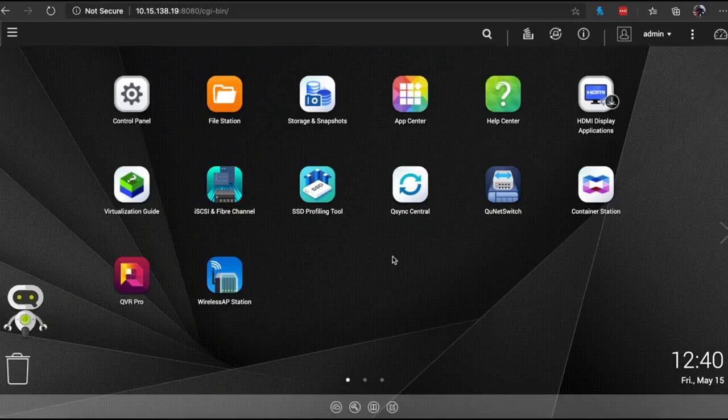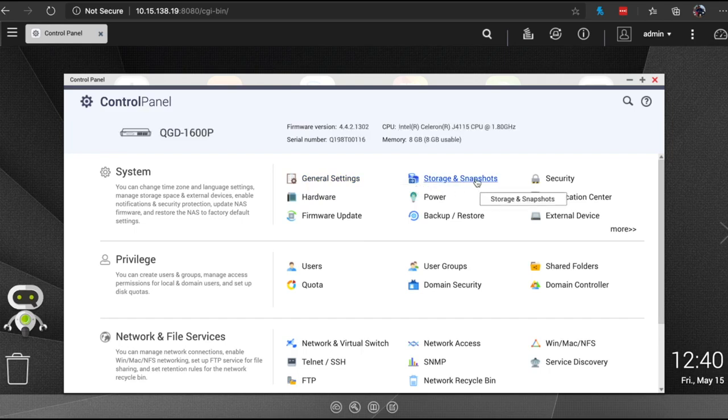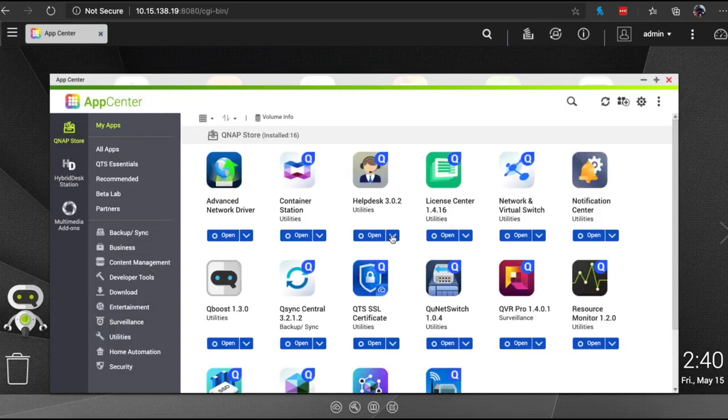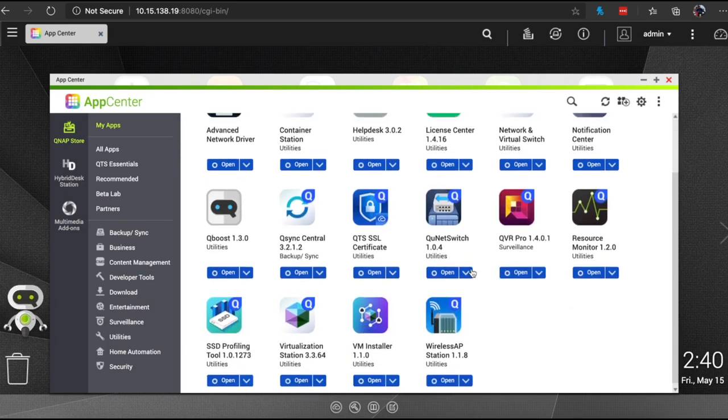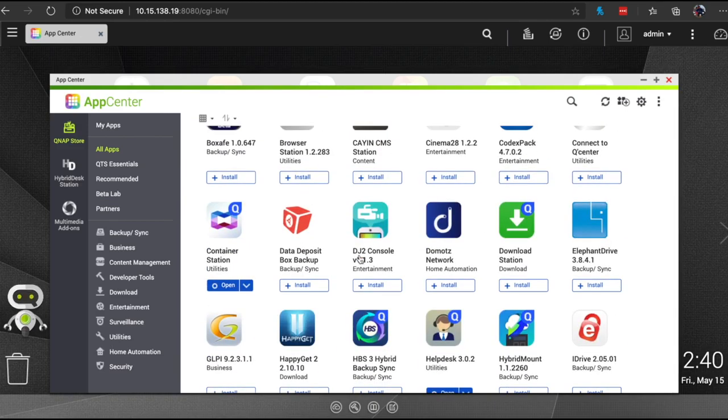Again, if you see the interface, it looks exactly like QTS, so there's not a big learning curve with this. You have all these same applications like Control Center or Storage and Snapshots, and you can create users and groups. Again, networking as well. Storage and Snapshots is where you can create your storage. You have your QVR Pro application, which is the same exact application, and under App Center you can also install different applications. So you also have access to all the applications that QTS has. So basically you can actually do much more than this as well. You can actually install